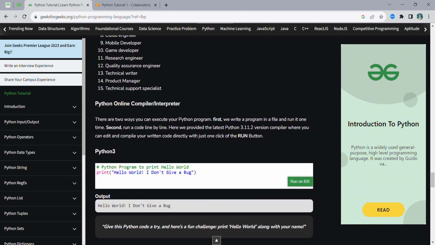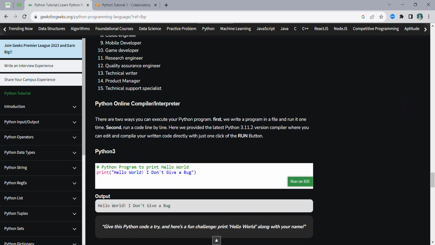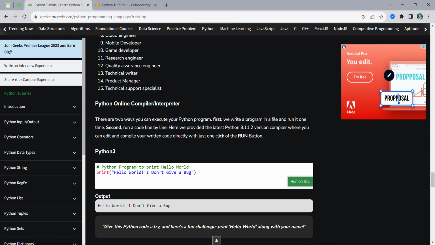Then Python online compiler and interpreter. One more thing I want to tell you: Python uses an interpreter. What do you mean by interpreter? An interpreter is something in which our code is compiled or interpreted line by line, where the code is being checked line by line.